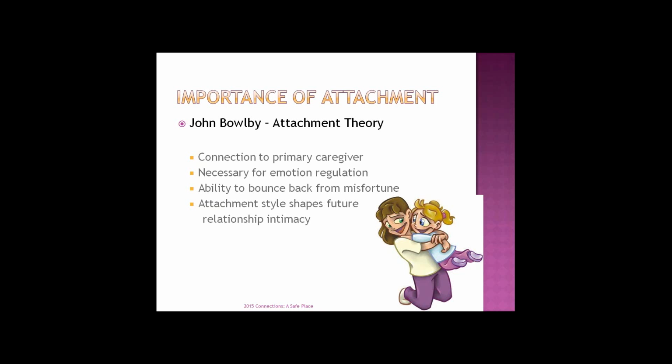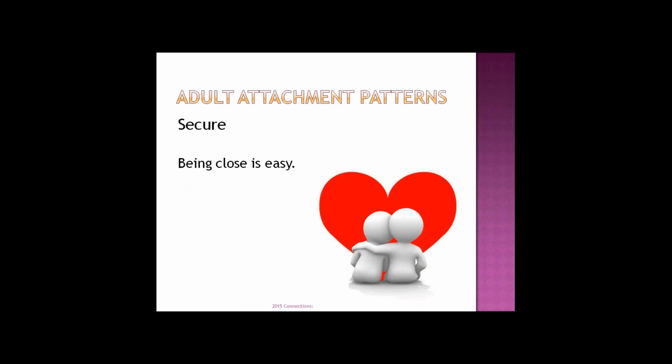What I'm going to do now is look at 4 different adult attachment patterns that come out of our experiences as a child with our caregiver. I'm going to look at 4 different ones. I'm then going to talk about some of the skills necessary for healthy attachment and give you some ideas from those skills about how to rework your attachment if the one you got isn't healthy.